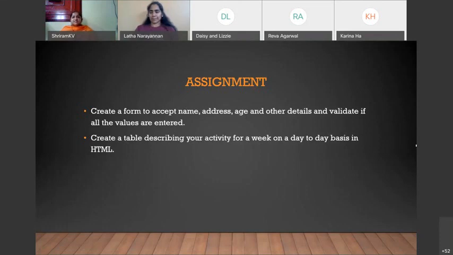The next thing is, first, I would like you to try out how to create a table, create a form, enter all the form values, form tags, and check out how to use all these tags and how JavaScript can be inserted inside those tags. So this way you will get hands-on experience of how to use all this. When you start exploring, you will get n number of options to use JavaScript in your HTML page.